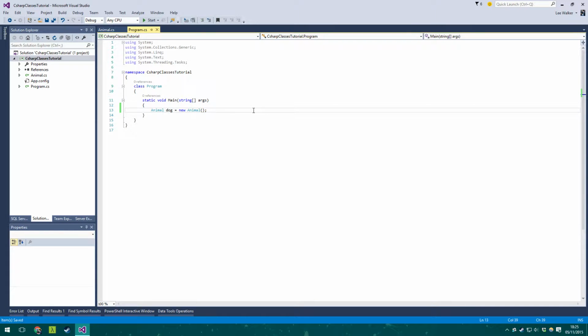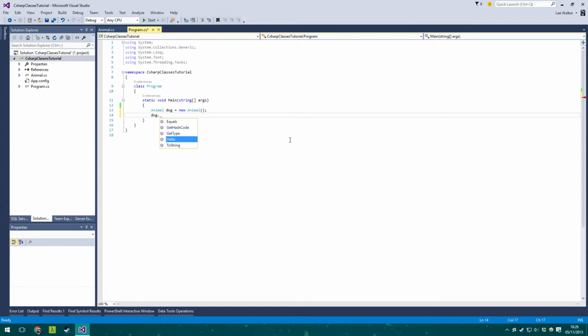And what this does is it, inside this dog variable here, which is of type animal, it will initialize the dog variable so that it's got all the necessary functions and variables in it that we want. So on the next line here I can go dog dot, and then I get access to all manner